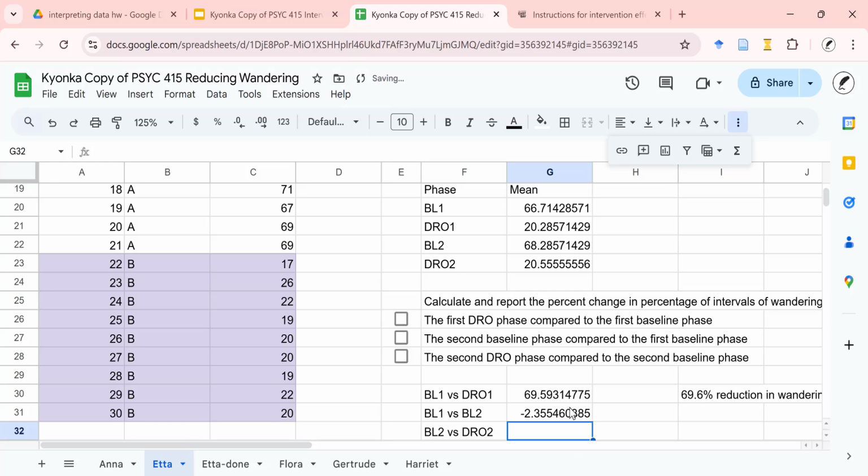Okay, and you'll notice that I get a negative number here. This is because I'm calculating the percent reduction, and the baseline rate of wandering was actually a tiny bit higher in baseline 2 than it was in baseline 1 for ETA. So we have a negative 2% reduction, which is actually roughly a 2.4% increase